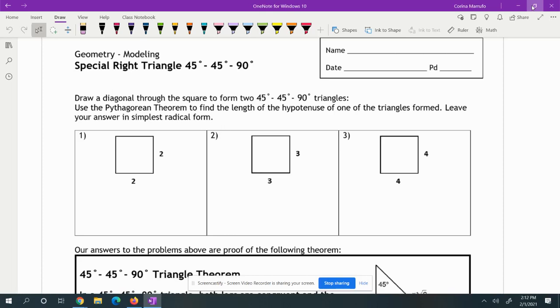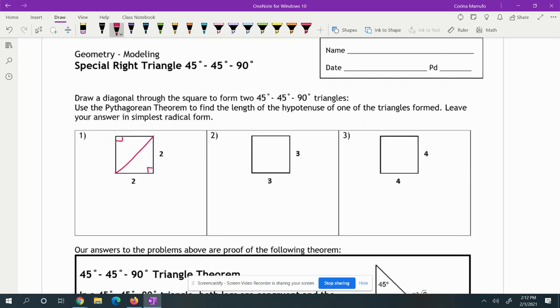All right, so we're still working with right triangles, but this time we're working with something we call a 45, 45, 90 triangle. Okay, so our 45, 45, 90 triangle comes from a square. Here we have 2, 2. If I cut this square in half, I make a right triangle because we know that these angles here should